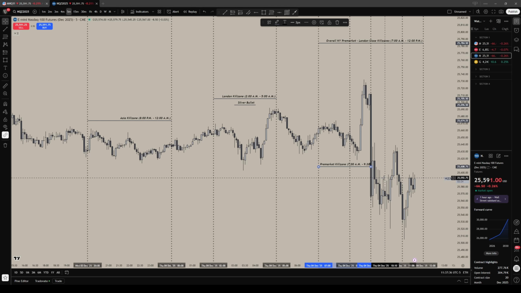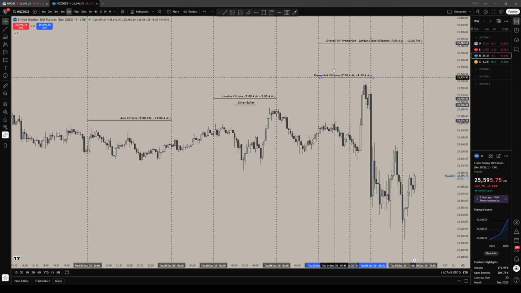From 9:30 is where the market opens, so it's not pre-market anymore, right? There's a lot of news events that come into this time. It's very volatile. As you can see, you get these crazy moves that happen at 9, at 8:30, even at 7. Then from 8:30 to 11, you have